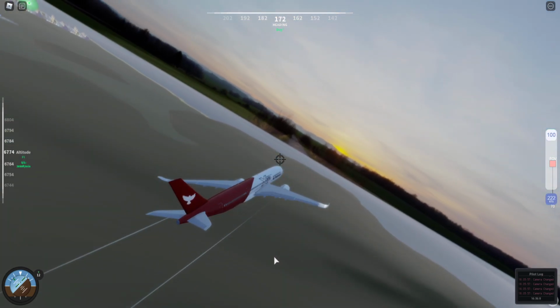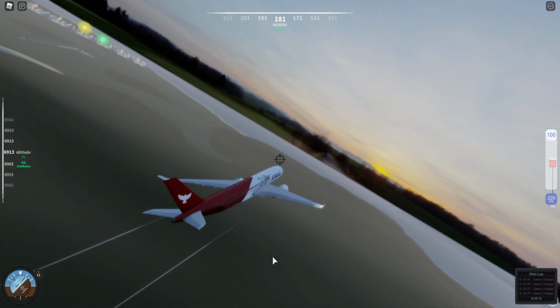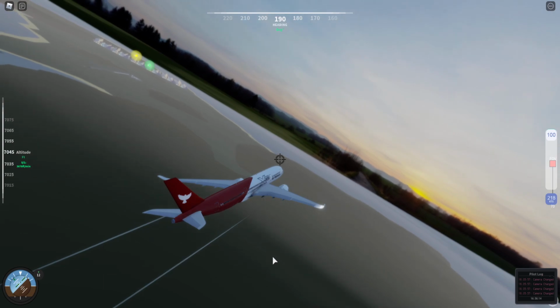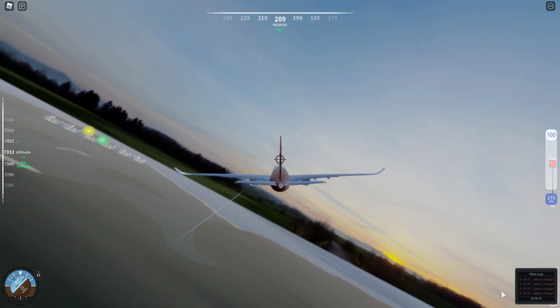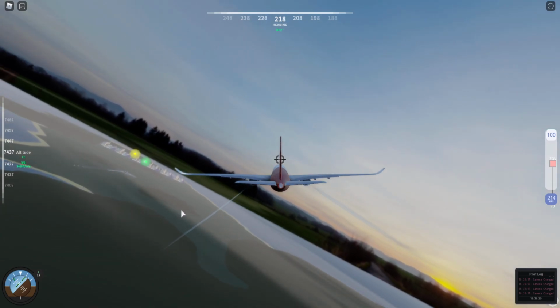Don't worry about the 13, I don't know how to do it, it will probably need another proper console. But basically, on Roblox